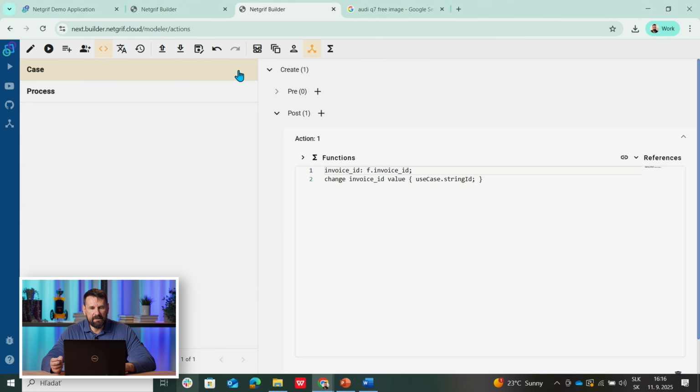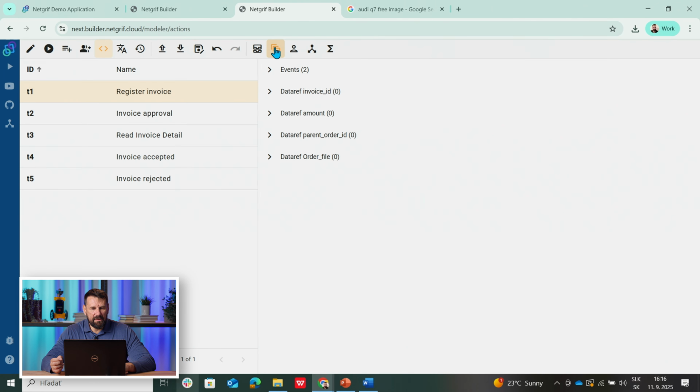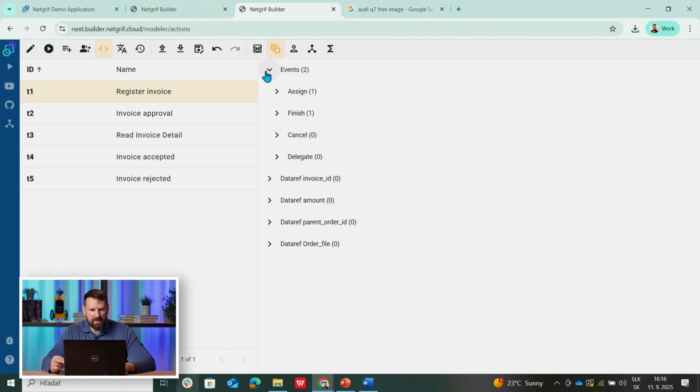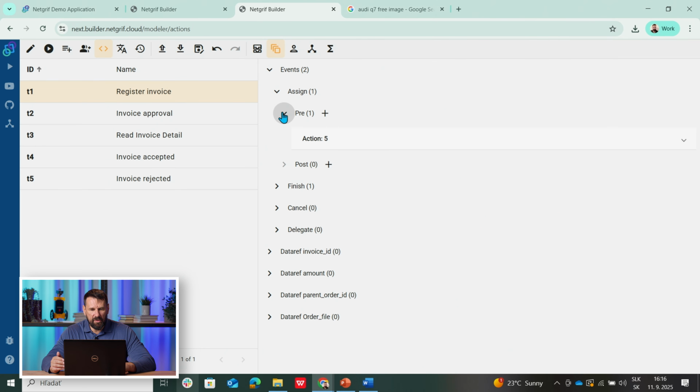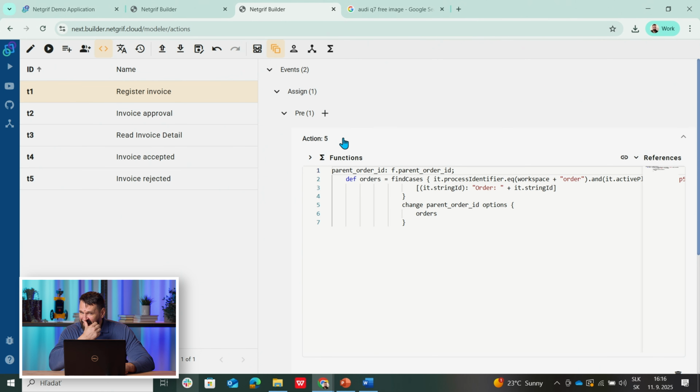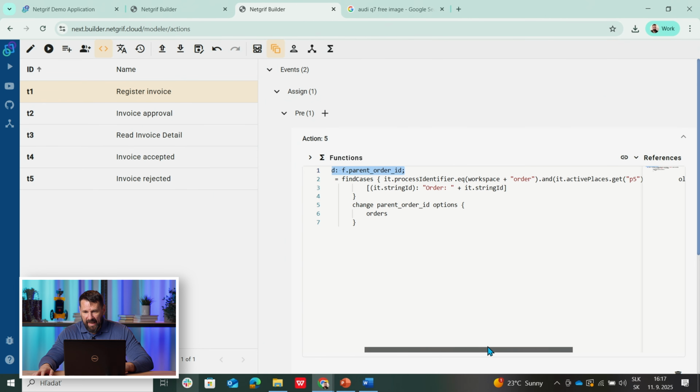And another action, or the two actions that we have, if we are registering the invoice, we have the mapping of data variable to parameters, and then we are finding all cases where the process identifier of those cases equals order, and